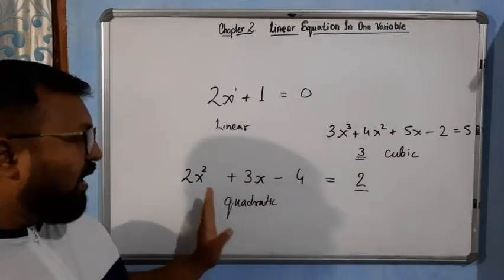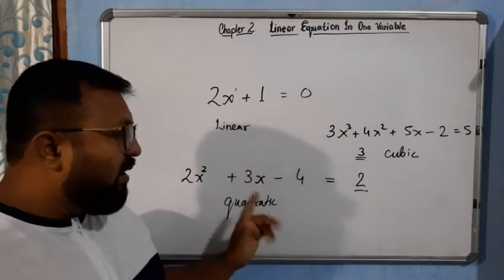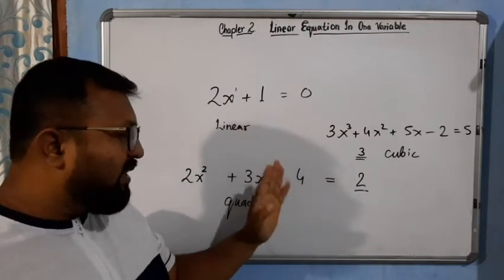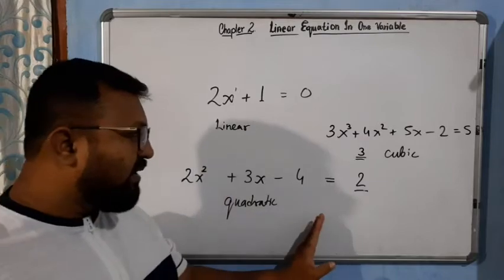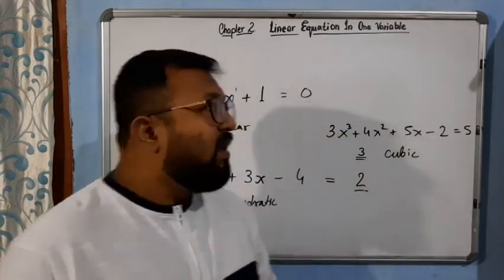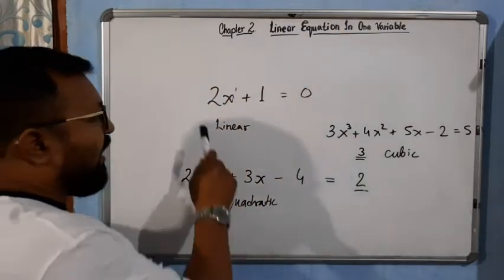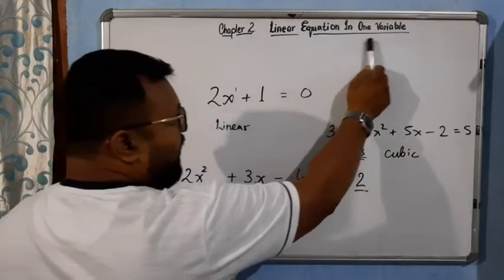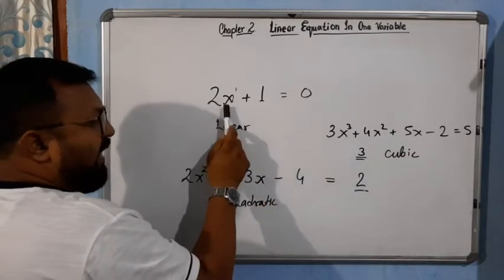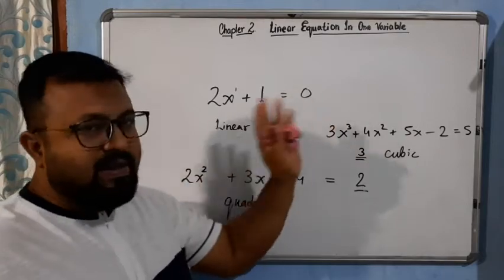So we will call it an equation. Now in an equation or an expression, if the highest degree of the variable is 1, it is known as a linear expression. If the highest degree is 2, it is known as a quadratic equation. If the highest degree is 3, then it's a cubic equation, and so on. But right now we are dealing with a linear equation in one variable. So the highest power should be 1, and one variable means only one variable can be used in any one equation. If it is x, then the entire expression will be written in x. If it is y, then the entire expression will be written in y.